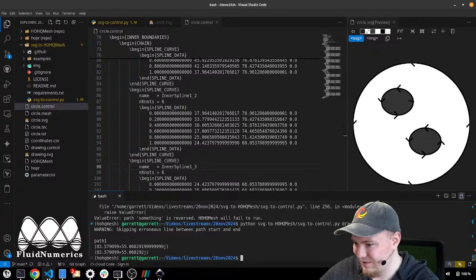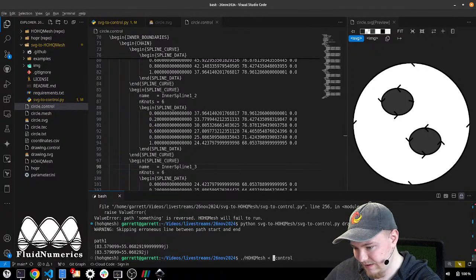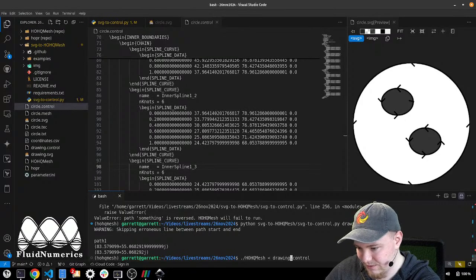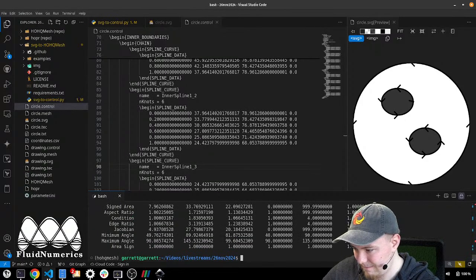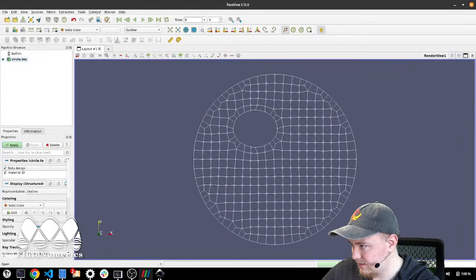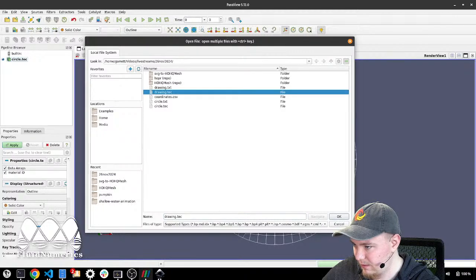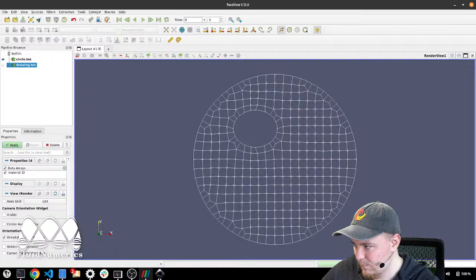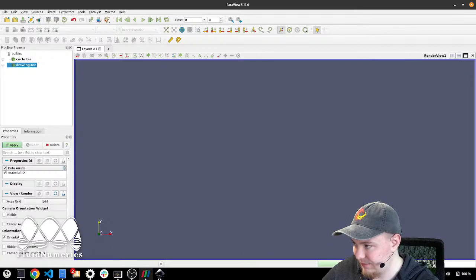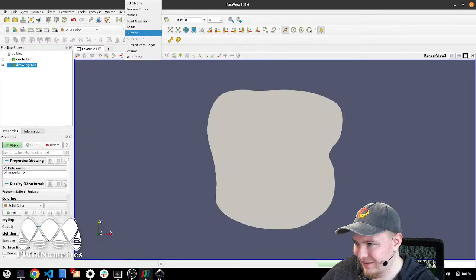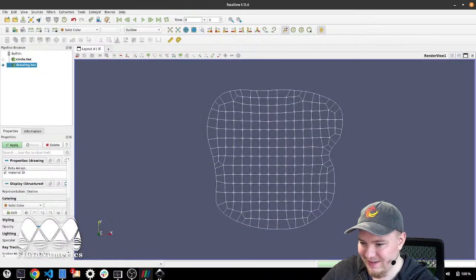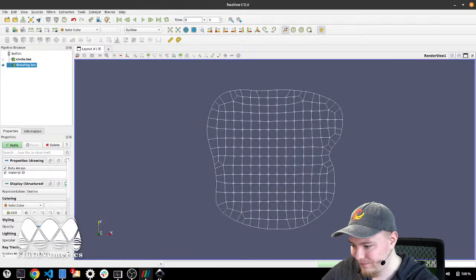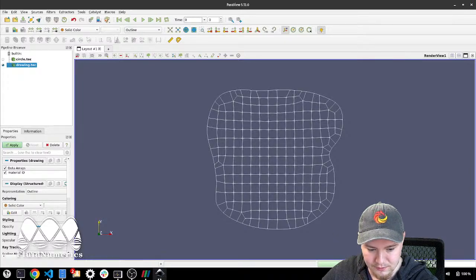So this seems to have worked. Then I will run it through HOHQMesh and see if anything breaks. So this was just drawing.control. Okay, seems happy. So I will load that up quickly. I'll hide that guy, and then we'll look at this. Oh yeah. Oh, look at that. Isn't that cool? So now I can go back into Inkscape,